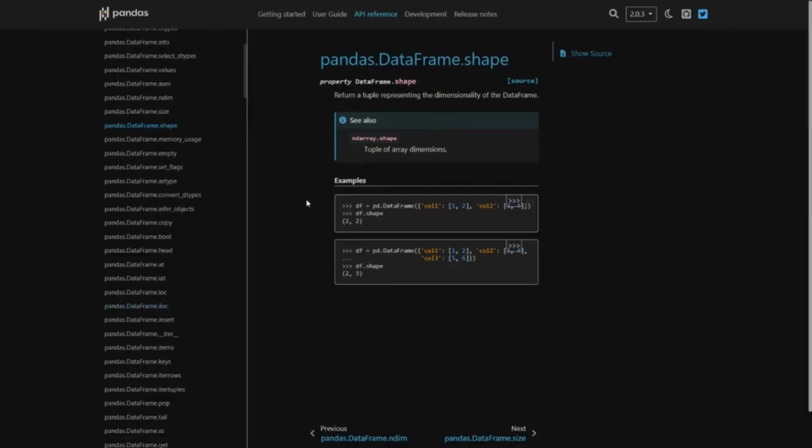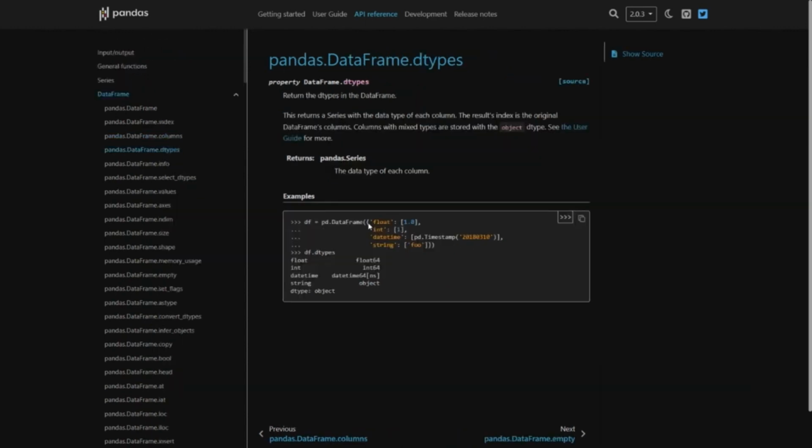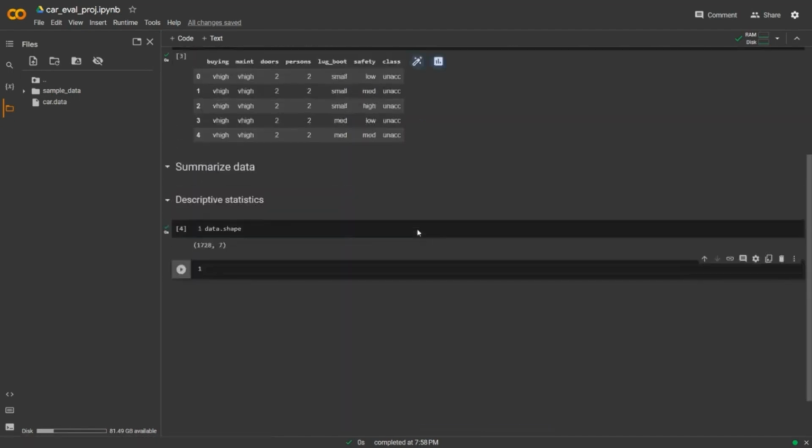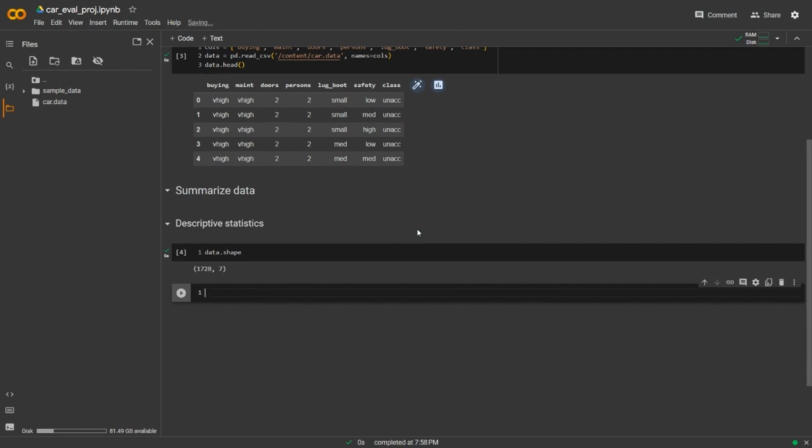Now, this is a brief of what the method documentation looks like. It returns a tuple representing the dimensionality of the data frame. So, back to this. Next, we will take a look at the types of features that we have in the